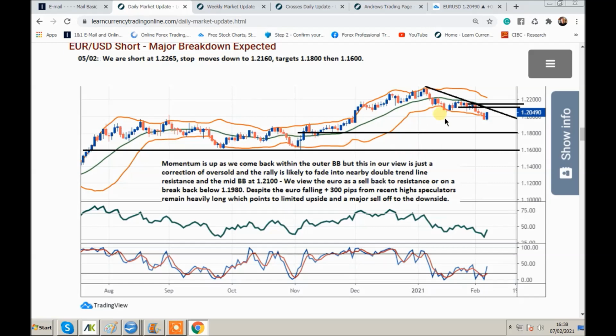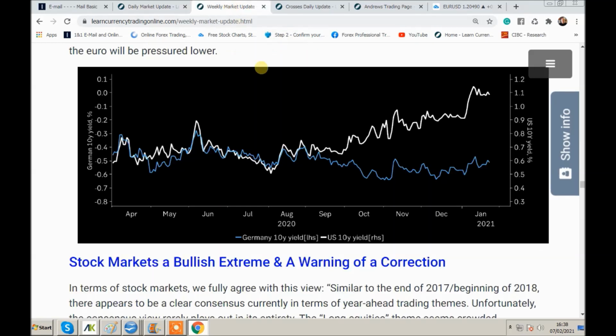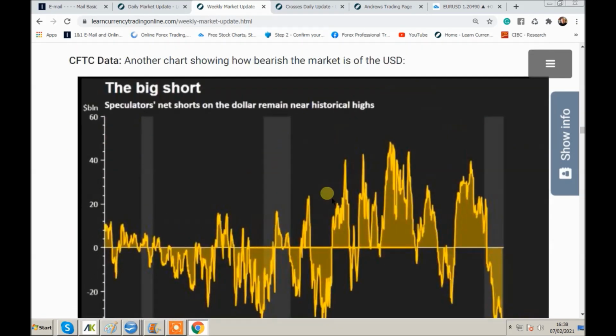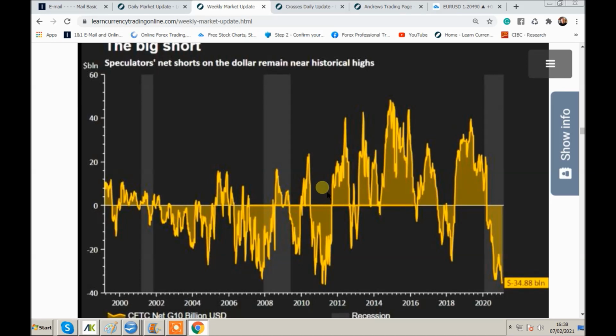But regular viewers will know we draw our technicals. They're heavily influenced by sentiment. So I just want to show some sentiment charts. What we want to know is where the big money is behind the chart and why they are positioned the way that they are. They're going to give us advance warning of what is going to happen in terms of